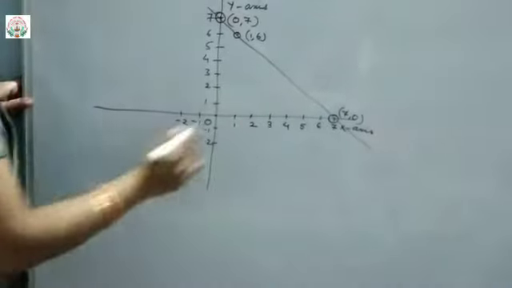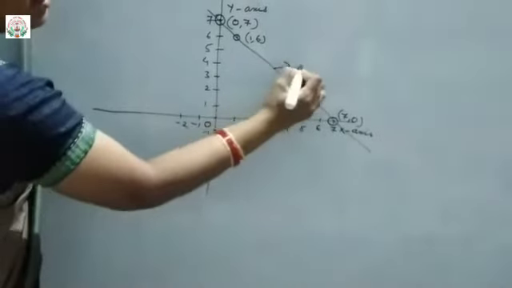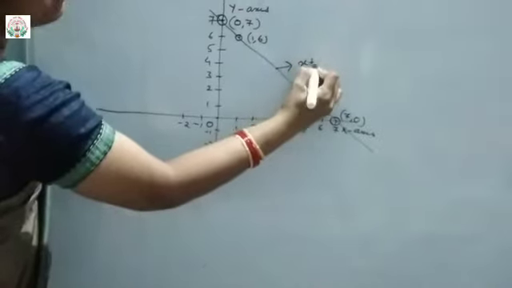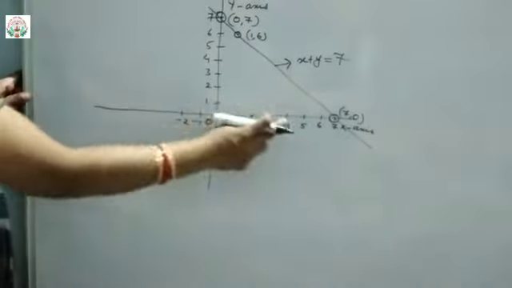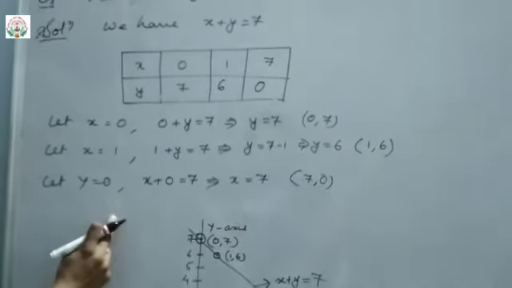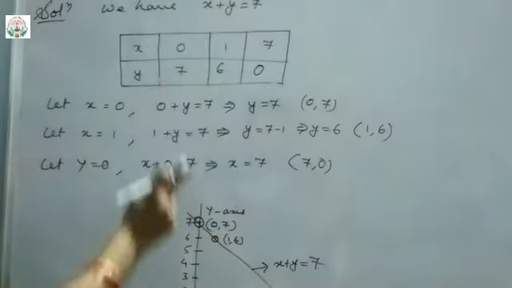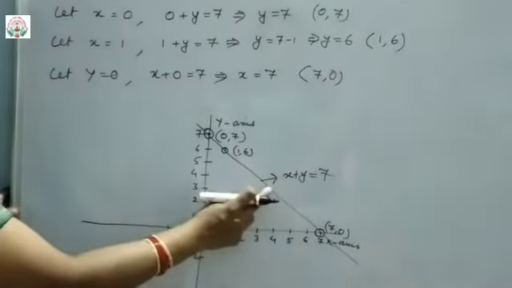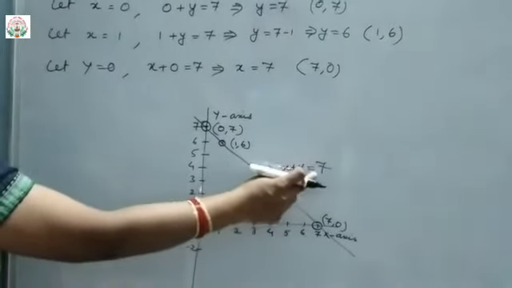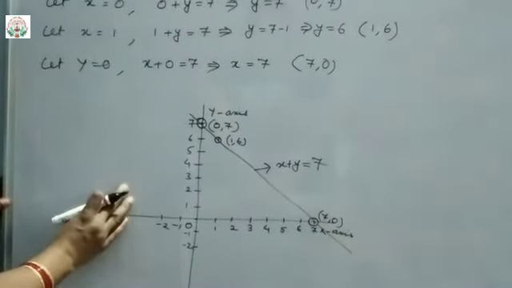Okay. So when you draw a line you will see you are getting a straight line, linear. So this is my linear equation. What is that? x plus y equals 7. Clear? So this way with the given points. These points how you got? By assuming the value of one variable and solving for the other value. Depending on these values, you will plot the graph. Okay. So this graph you will get. So this graph is x plus y equals 7. Okay, understood? So this way the exercise questions will be solved.